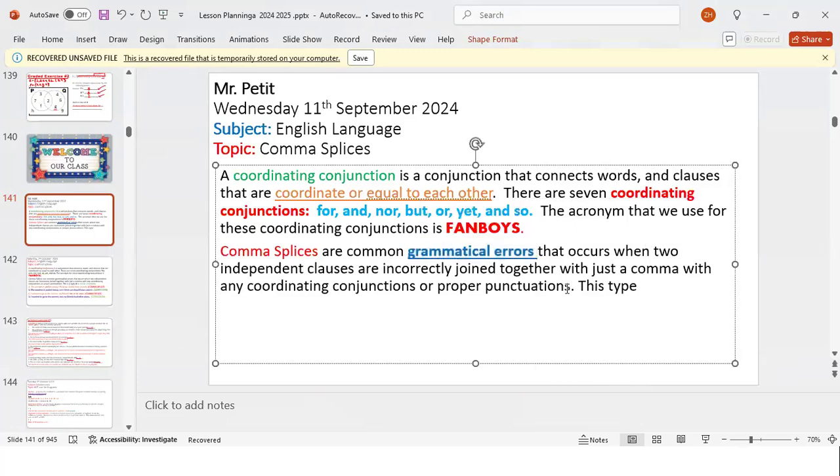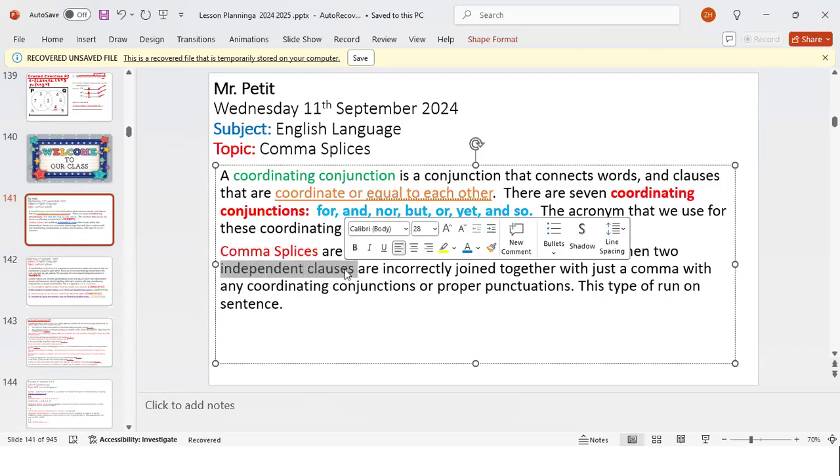Now, what type of error is it? How do we describe this error? It's an error that occurs when 2 independent clauses. Independent clauses are what? Sentences that stand on their own. Very good. Sentences that can stand alone and make sense on their own, right? When we have a comma splice, it occurs when we have 2 independent clauses.